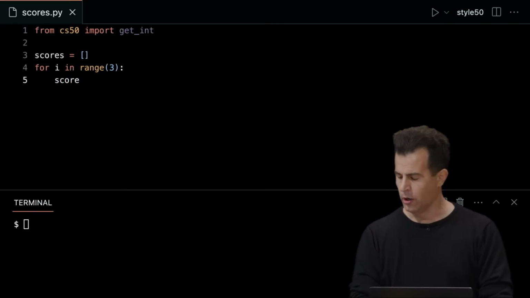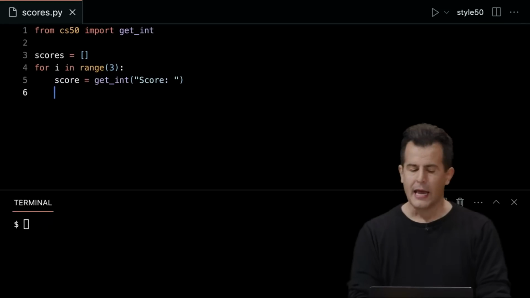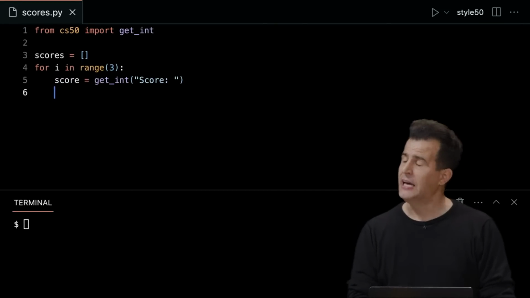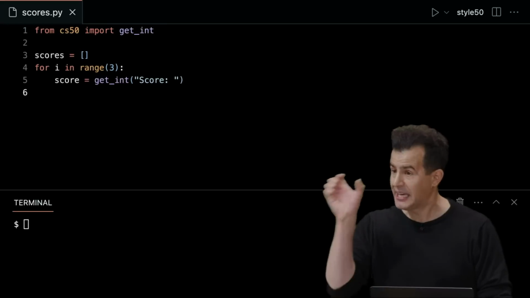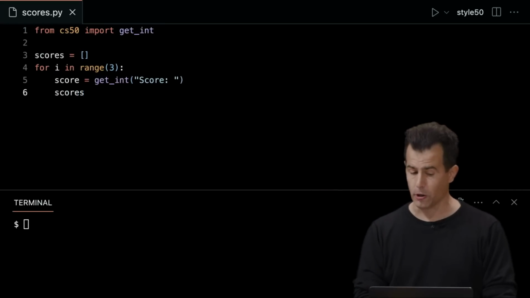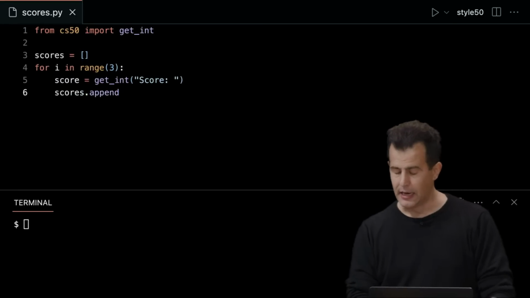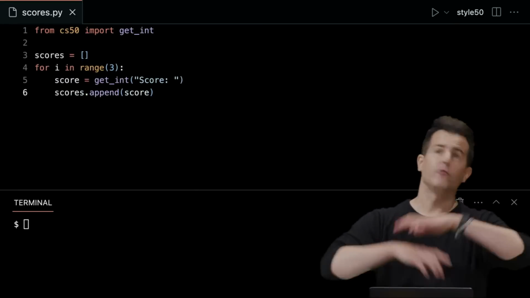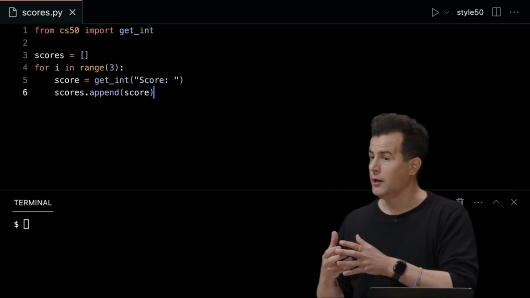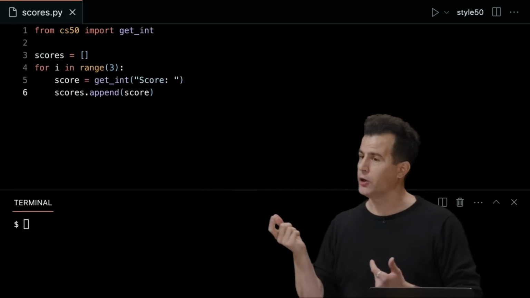So the first score will be the return value of getInt, prompting the user for their score. And now if I want to add this score to that otherwise empty list, here's where methods come into play, functions that come with objects like lists. I can do scores, plural, because that's the name of my variable from line 3, dot append, and I can append that score. So if we read the documentation for lists in Python, you'll see that lists come with a method called append, which literally just tacks a value onto the end,